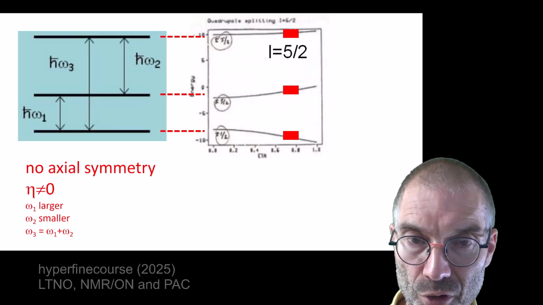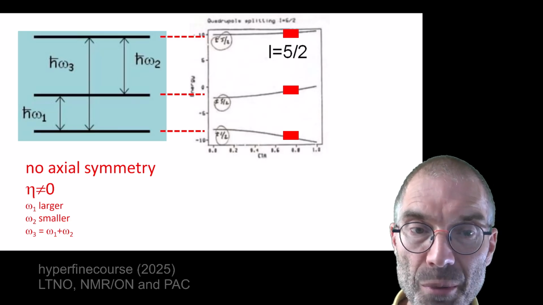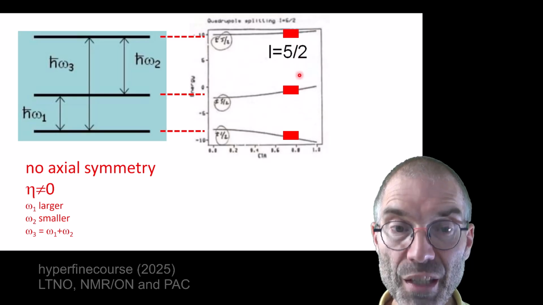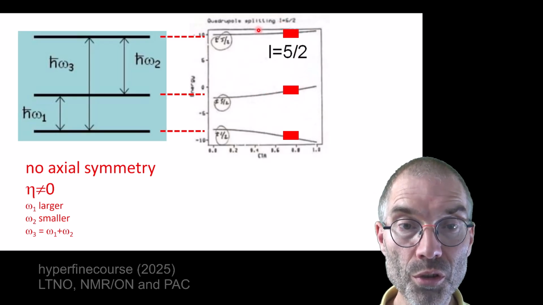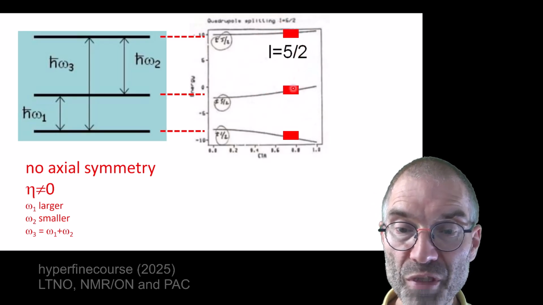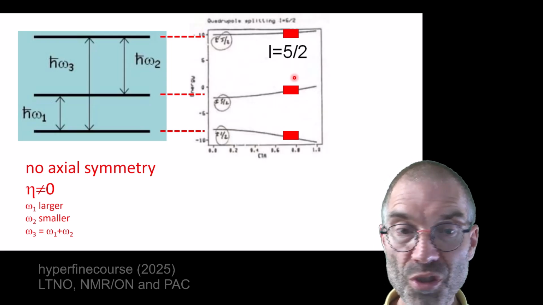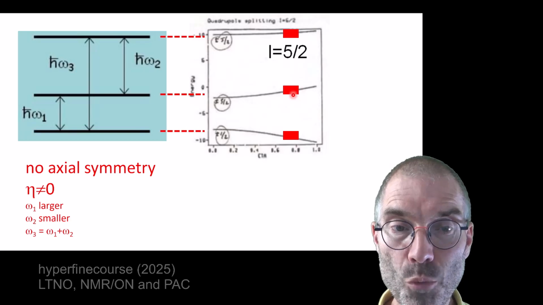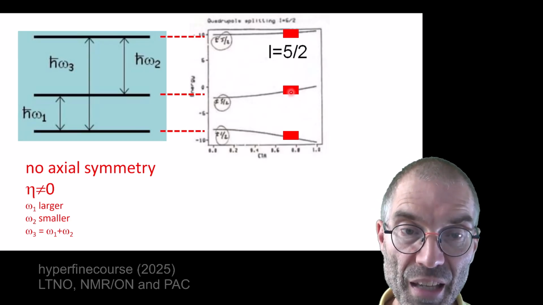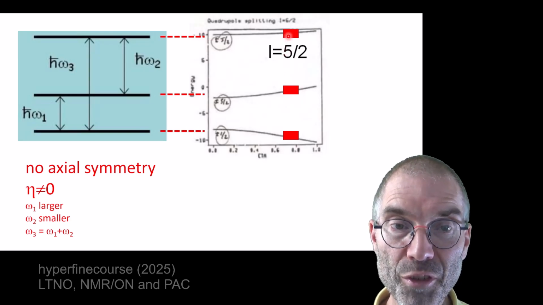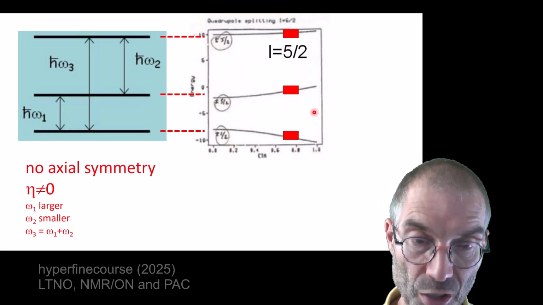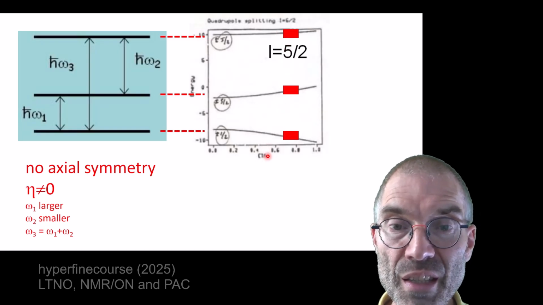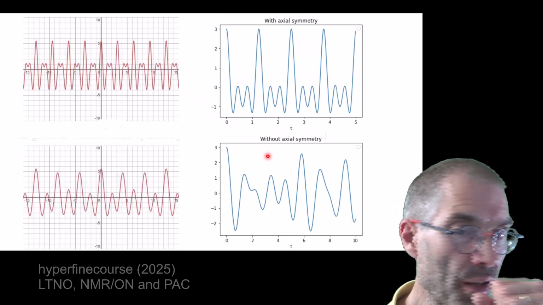If you have no axial symmetry anymore, then you still have the same three frequencies, but due to the change in position of these lines, they are not exact harmonics anymore. So your frequency 1 will not be exactly 1/2 of frequency 2. Still, their sum will be frequency 3, but the harmonicity is broken. And therefore,